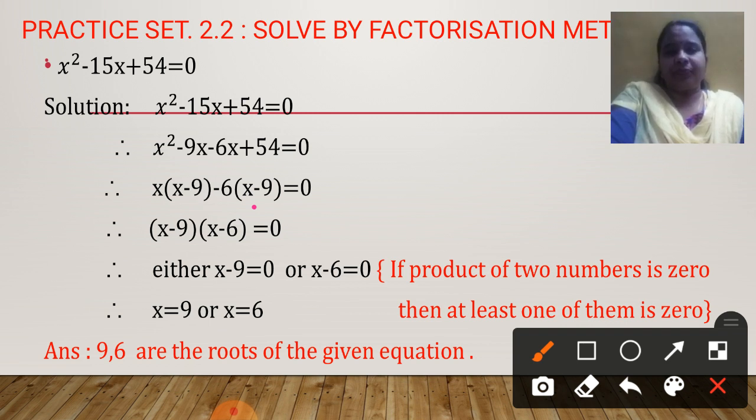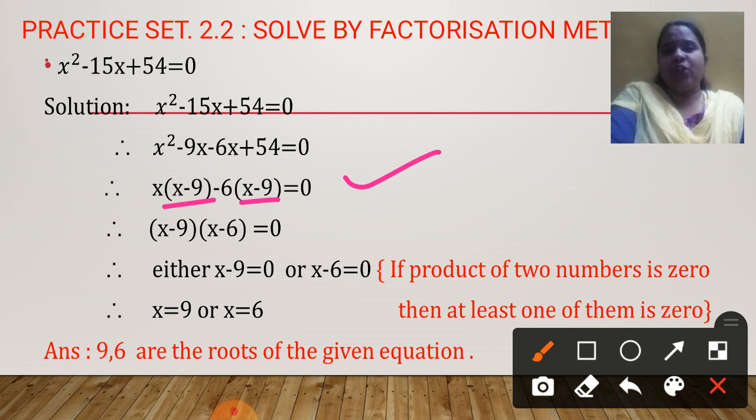So see this, minus 6x plus 54. I am going to take minus 6 common. So out of minus 6x, if minus 6 is common, what will be left is x. 54 divided by 6, how much? 9. I hope you are understanding it. So this way I am getting these two factors, and at this step, it is a clue to remember, both these factors should be identical. If you are getting it different, 100% your answer is wrong. Check all the previous steps.